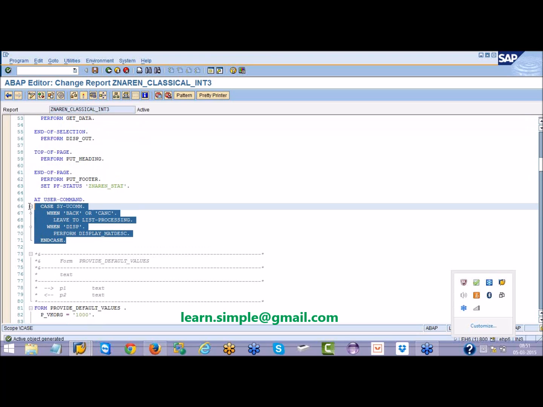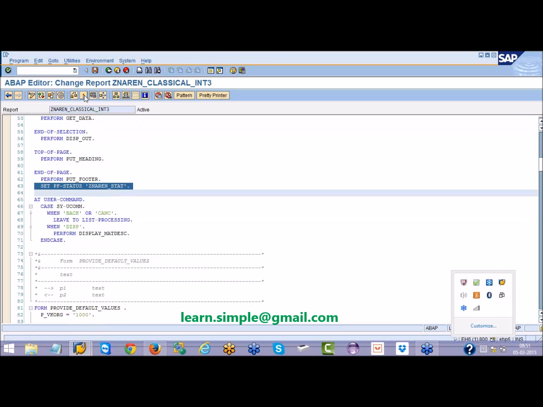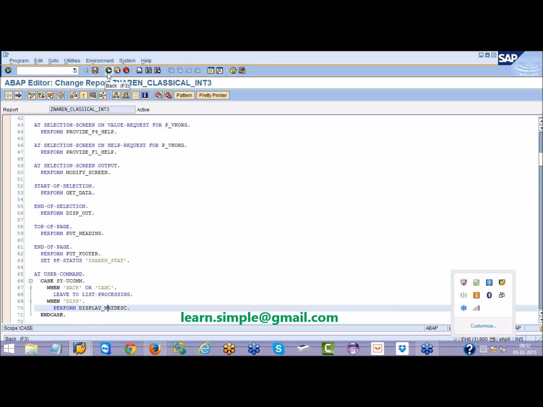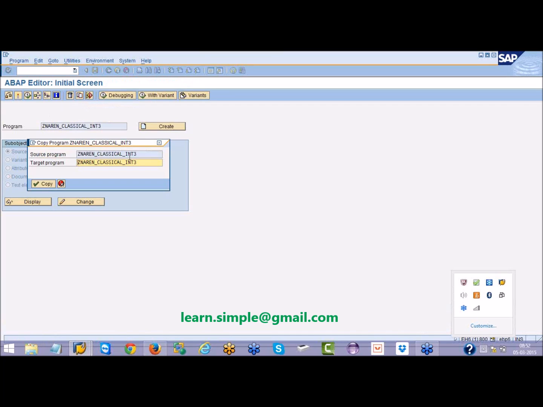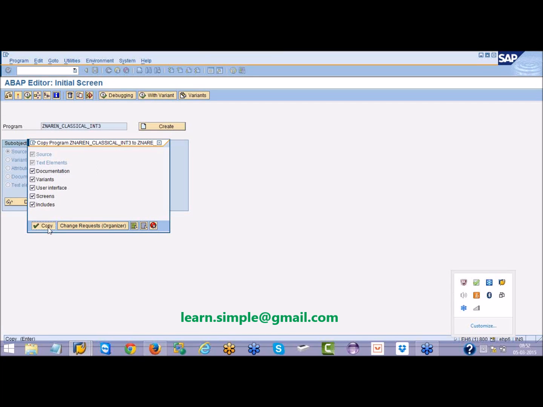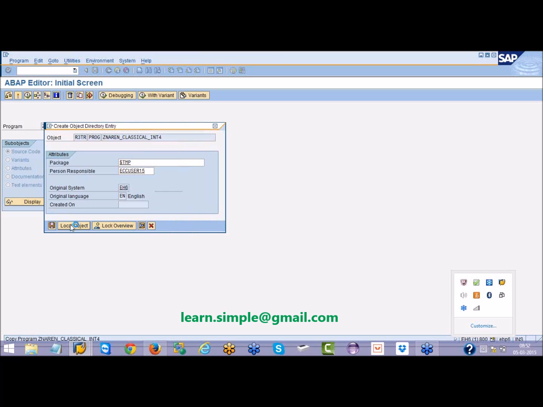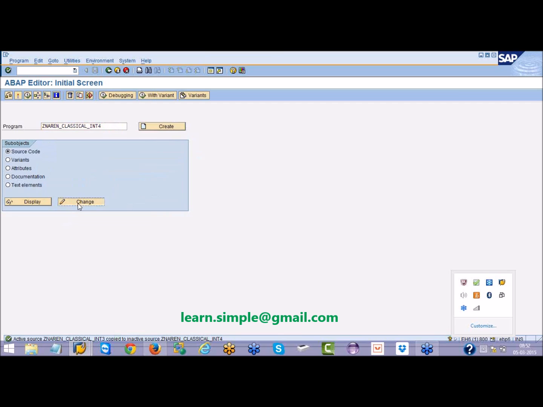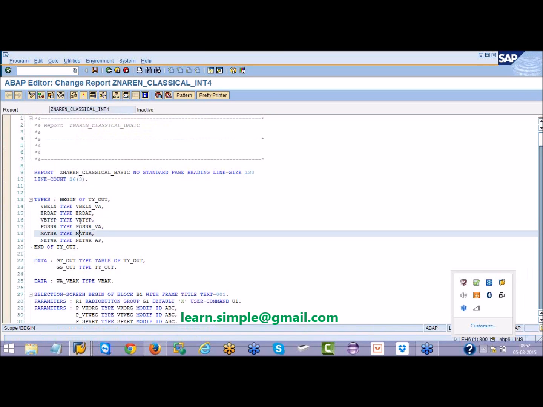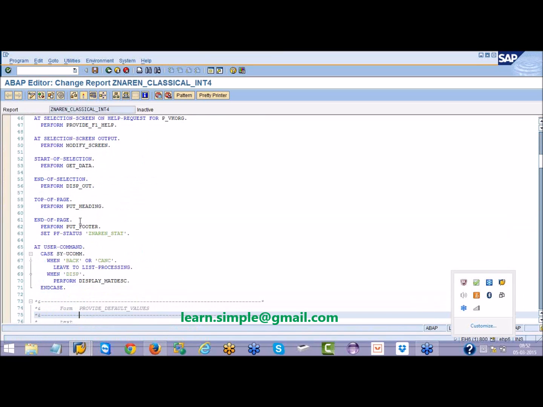And there is something called AT PF. For example, now I will comment this section. Otherwise, better I will copy this report into another one to make you understand the other event that is called AT PF. So in this program, we'll try to understand how AT PF works, but this is obsolete. Nowadays, we assign the function keys in the PF status itself. But still, if you want to work with AT PF, what you can do is,